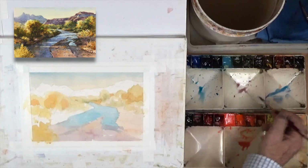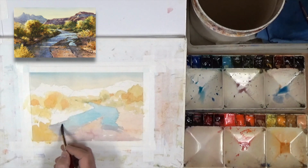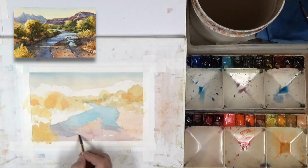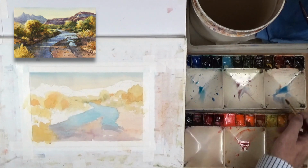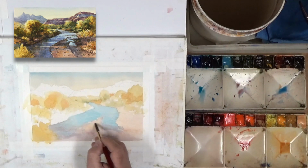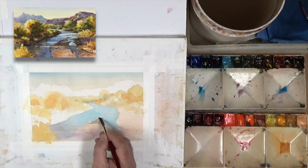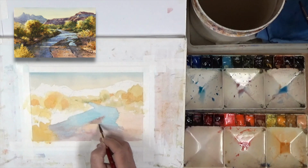So I'm darkening this up just a little bit in the front here, trying to get things not so much in their final value at this point. You would do that in oils. If we were painting in oils, we'd try to achieve those values right off the bat and then adjust the color. But because we're working in watercolor, I like to get the color in there in a light and middle value, and then from there